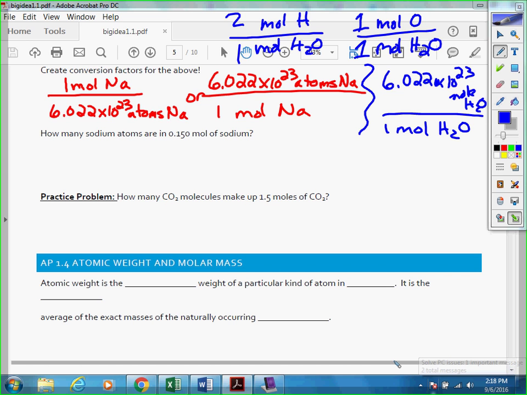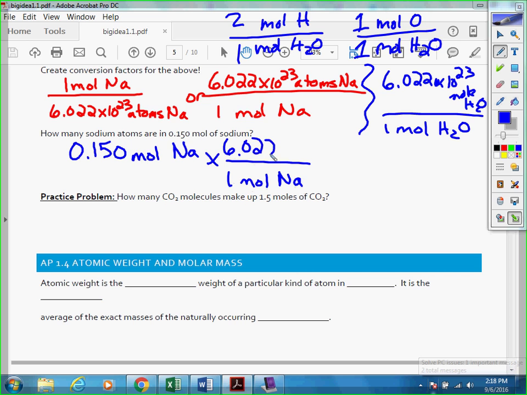So we have to do this little problem here. I'll do this one, you do the practice one. Let's do this together. I'm going to write this very simply: 1 mole sodium, and I want to find out how many atoms are in that. Take one of my conversion factors: 6.022 times 10 to the 23rd atoms Na. And I get, if I did my math correct,